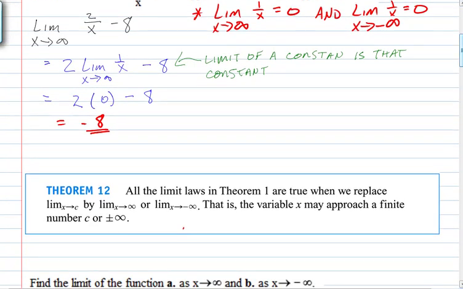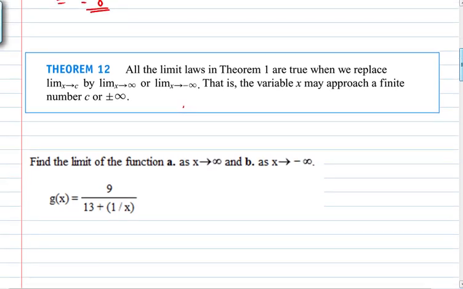All right, all the limit laws in Theorem 1 are true when we replace the limit as x approaches c by the limit as x approaches infinity or negative infinity. That is, the variable x may approach a finite number or positive and negative infinity. There's our theorem. We're just going to believe that it's true. If you want to see a proof of that, look in the book. Next,